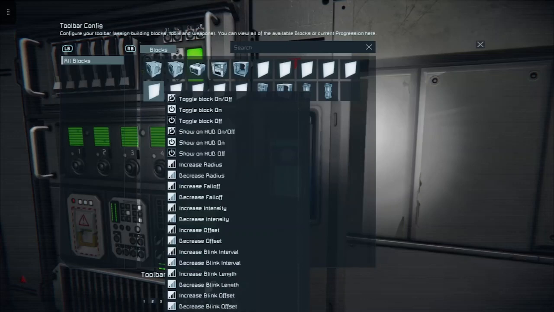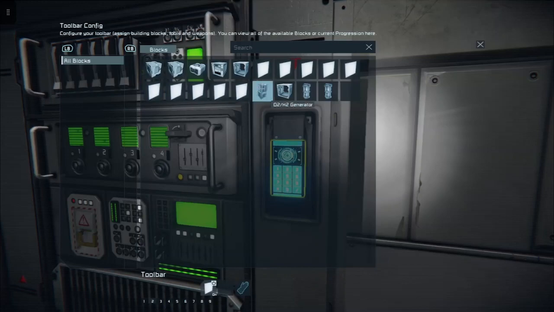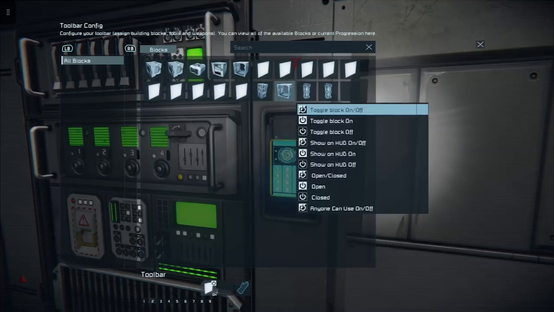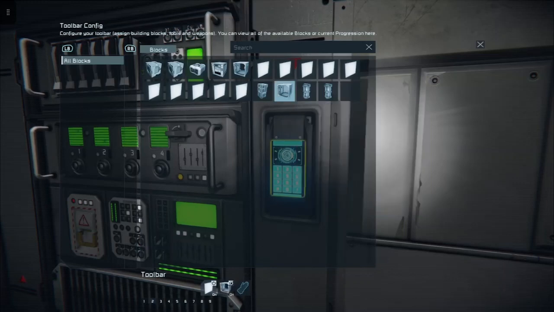And this time our next block is going to be our outer door, and we're going to make sure that outer door is on off.